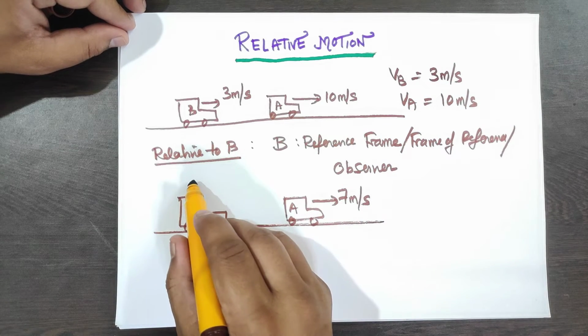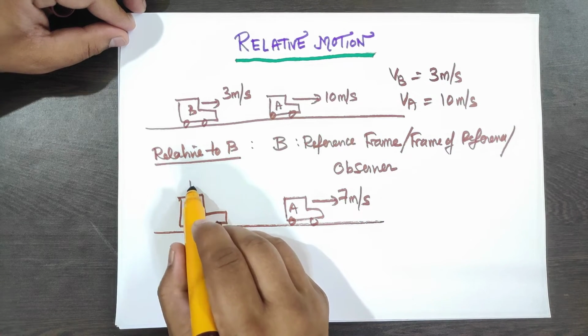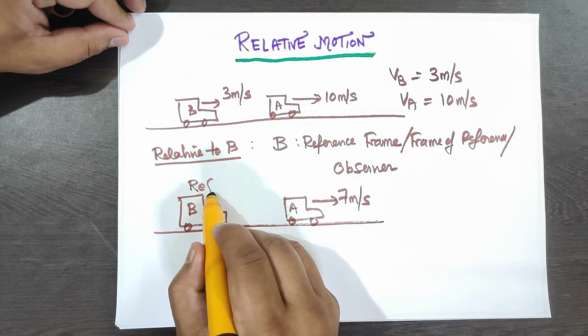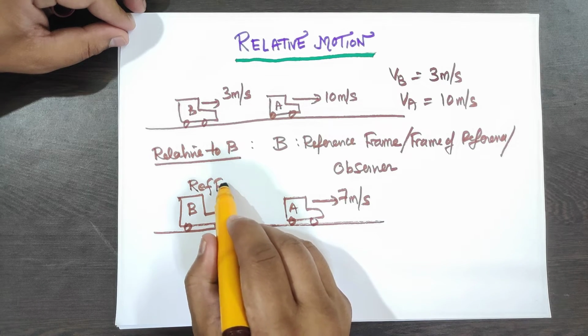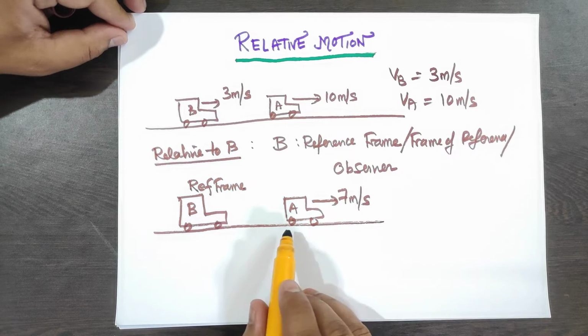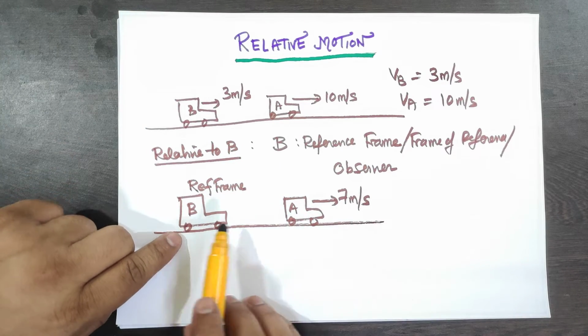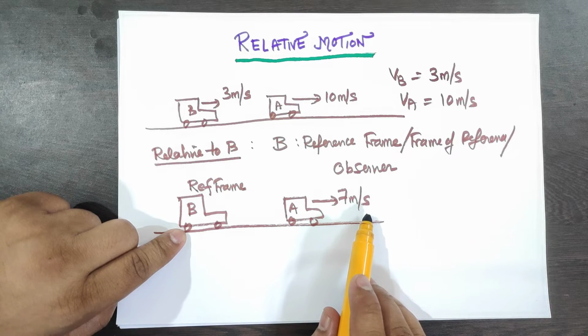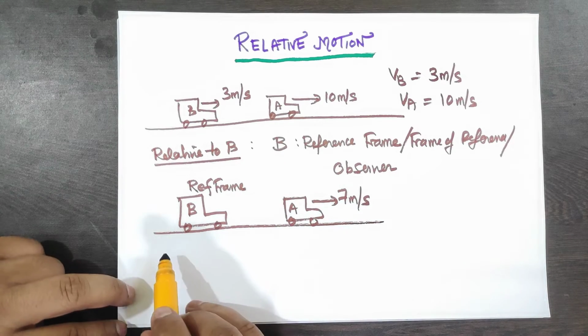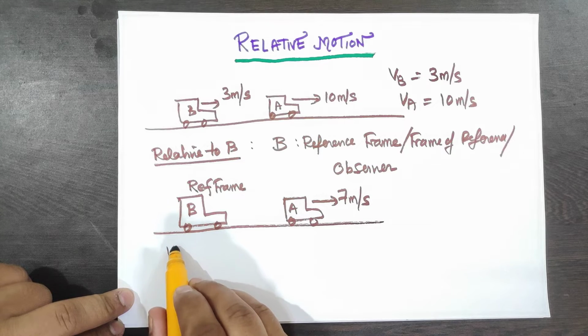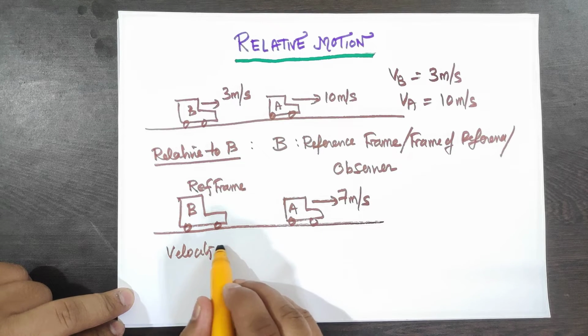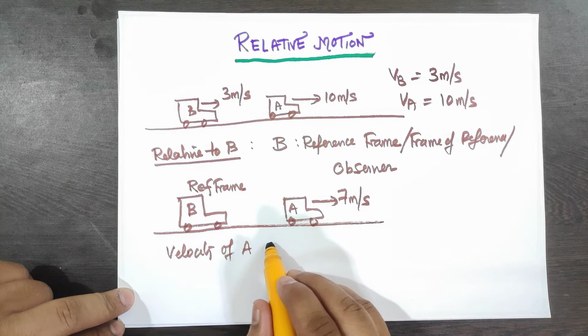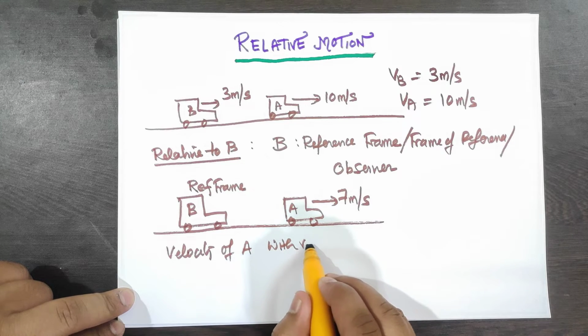Now B becomes the reference frame or observer. Then with respect to B, car A travels at a velocity of 7 meter per second. So this is the velocity of A with respect to B,